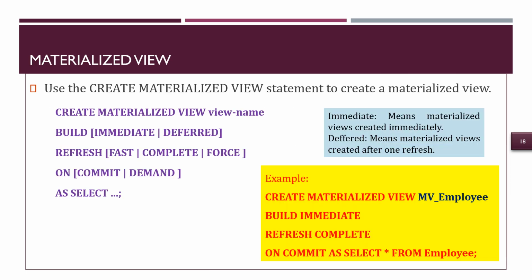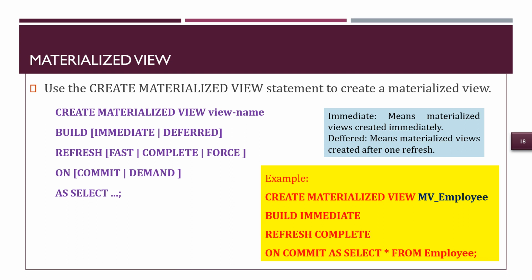In the create materialized view statement, we can create a materialized view. The syntax is create materialized view name, build, immediate or deferred, refresh, fast or complete or force, on, commit or demand as the query expression.